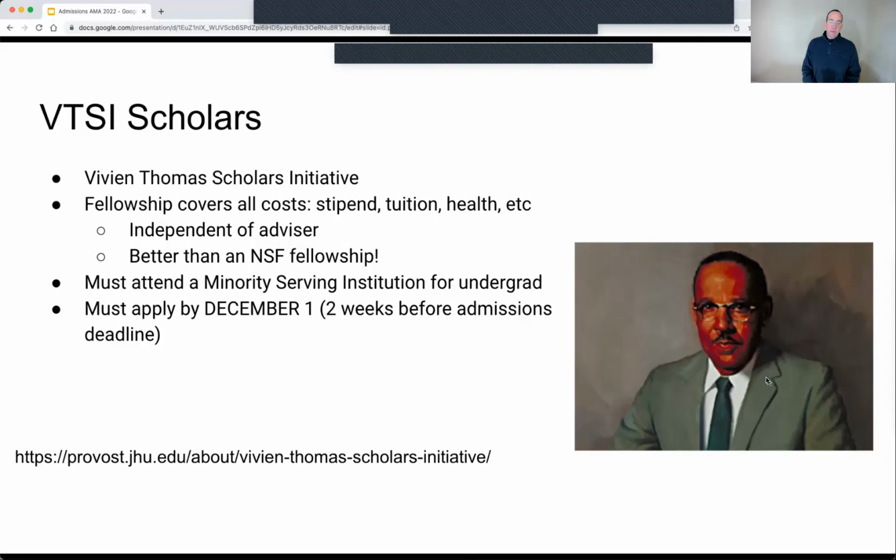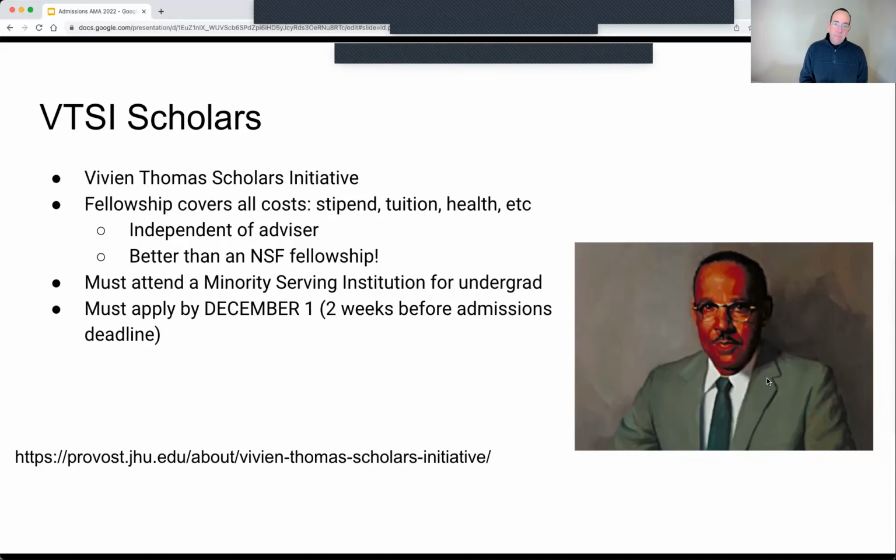So this is a fellowship for students who attended, for undergraduate, a minority serving institution. That is an official designation. This includes HBCUs, but it also includes institutions where a significant percentage of the undergraduate body comes from underrepresented minorities. This is like 700 universities and colleges in the United States and maybe also Canada. I don't remember, but certainly the United States. You can check if your university is on the list. We have a link to it below.